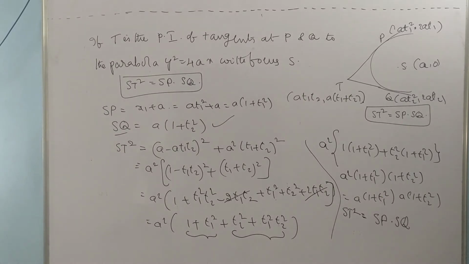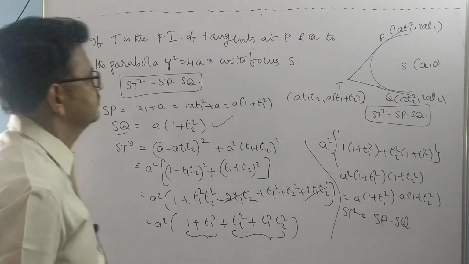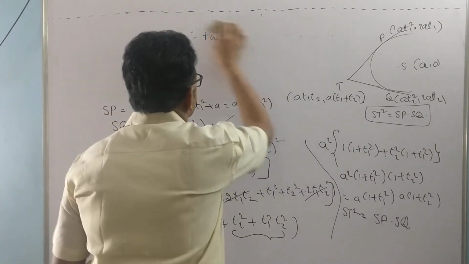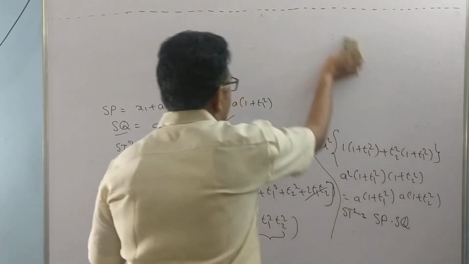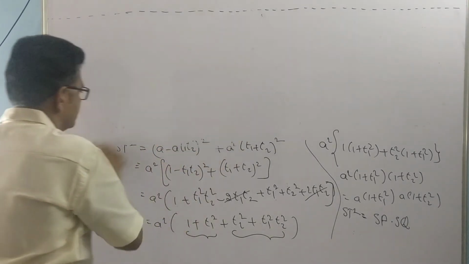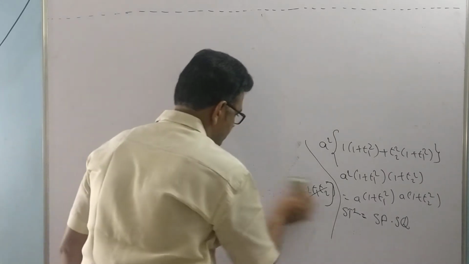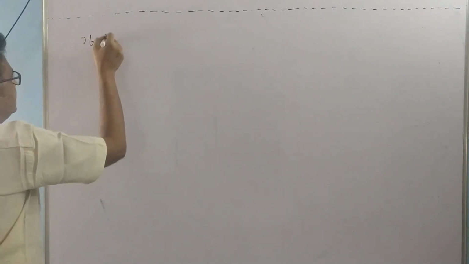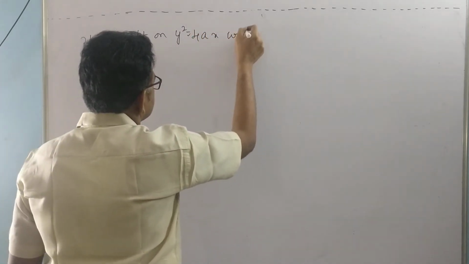Next property: if P is a point on the parabola y square is equal to 4x with focus S,